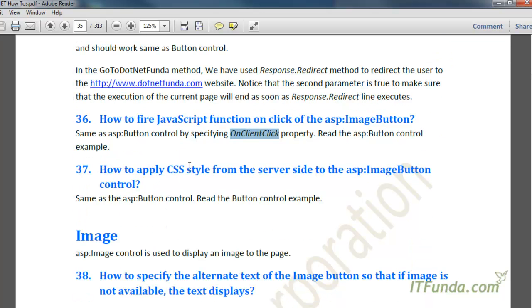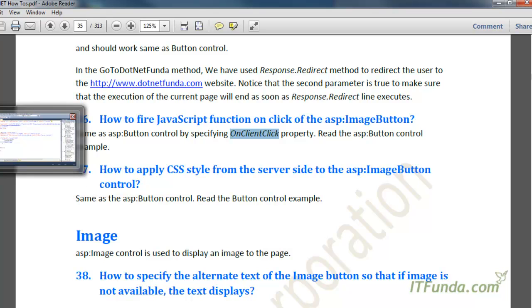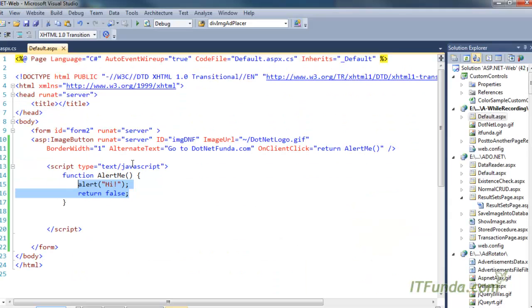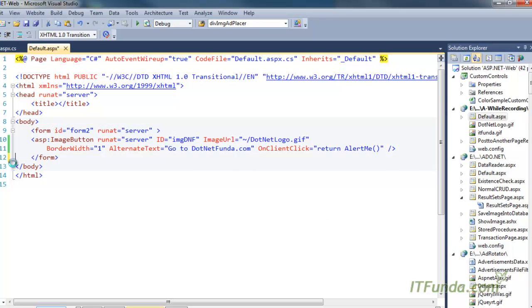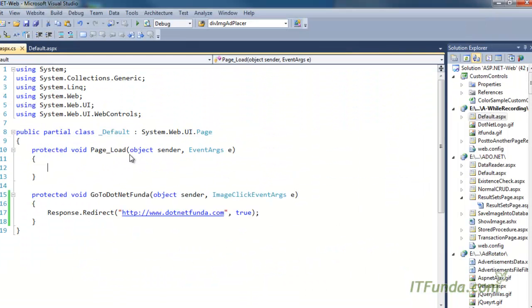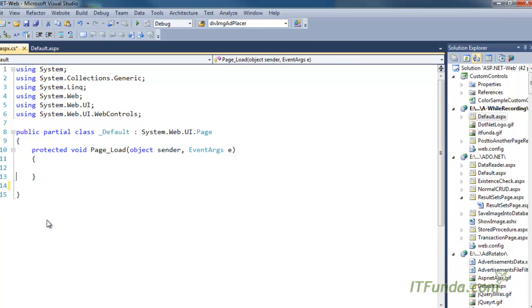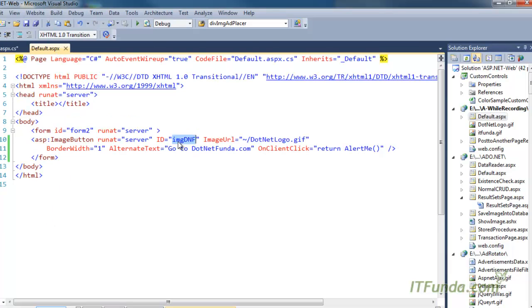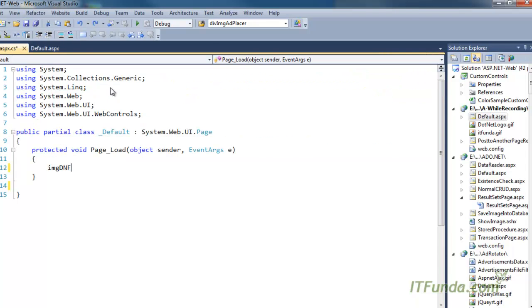Now let us see how to apply CSS style from the server side to the ASP image button control. It is similar to all other controls like the button, label or even text box control, but let me show you how to do that. So here we are going to apply the CSS style. Let's go to the code behind, and in the page load event we will access this image button control using its ID. Its ID is imgdnf. So imgdnf dot